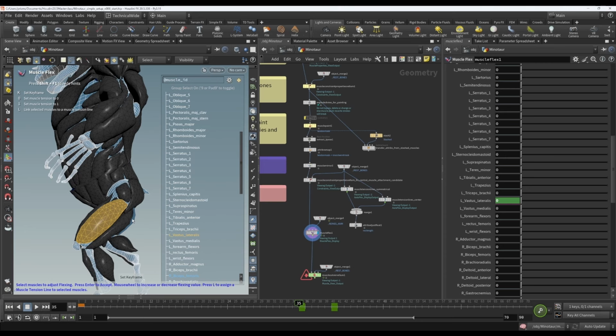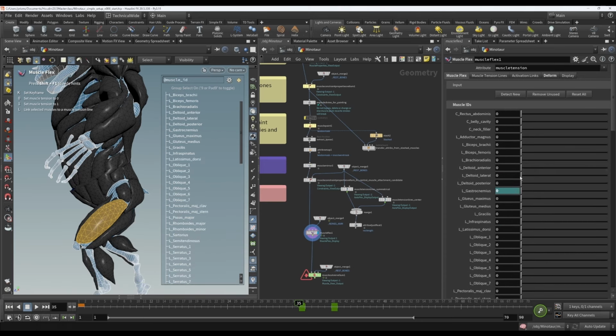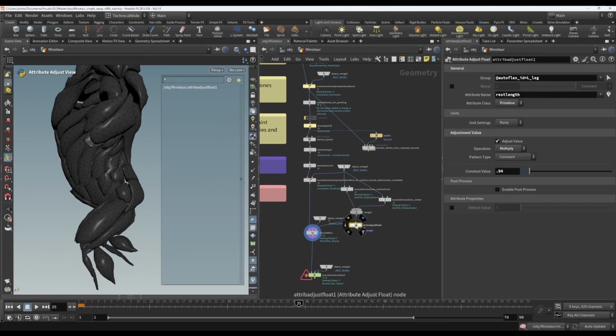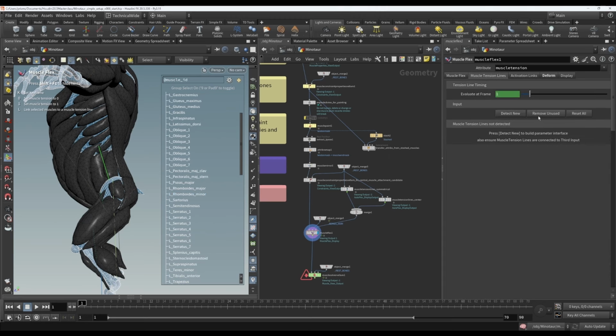Anyway, you could spend an age, an eternity doing this if you wanted to, but I definitely don't want to. So I'm going to reset all because I don't want those keys. Instead, I'm going to use my merged together muscle tension lines. This I will create later. So now I'll go to the first frame, go to the muscle tension lines tab,